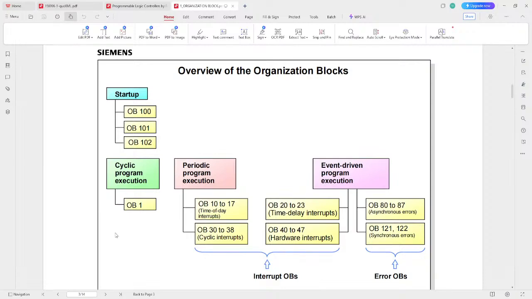So I said we have majorly four types of organization blocks: the startup, the thriving, periodic, and event driven. Under your periodic blocks, you have your time of day interrupts, which I've given a sample of, where you can set